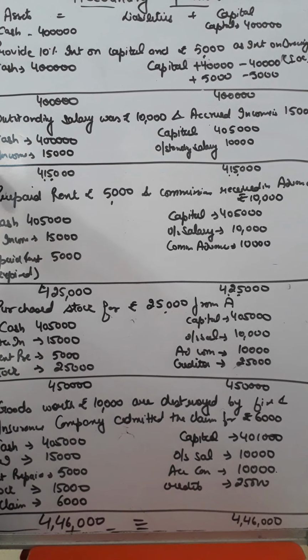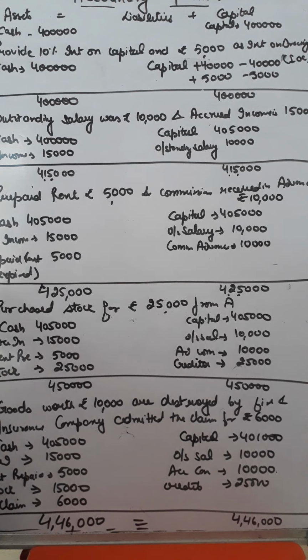Now the next adjustment is outstanding salary. Now what is outstanding? When your year ends, there are certain expenses that are due and you have not yet paid. For example, you have already consumed electricity and received the electricity bill, but you have not paid yet, or you have already taken the services of your staff and you have not given them salary. Since you have taken the services, this is an expense of the current year, whether it is paid or not, that's not important.